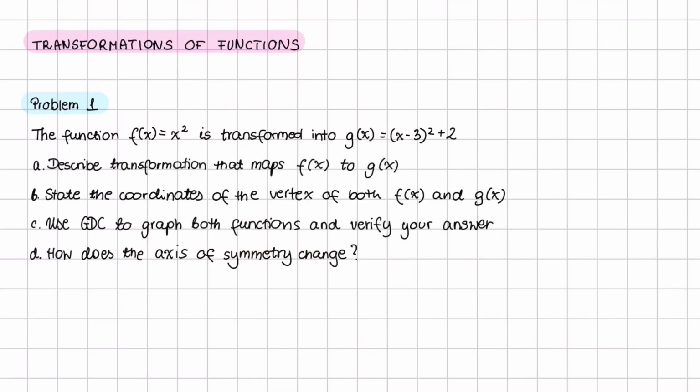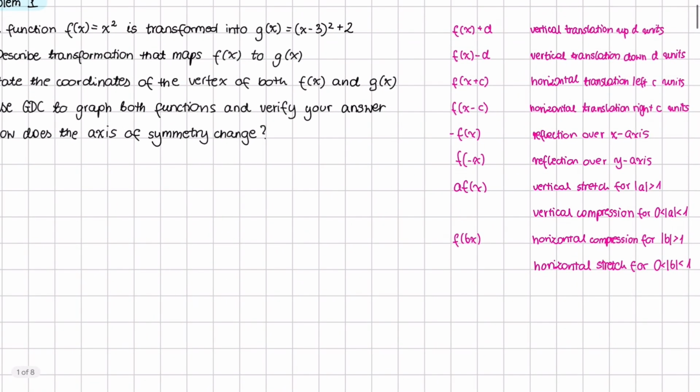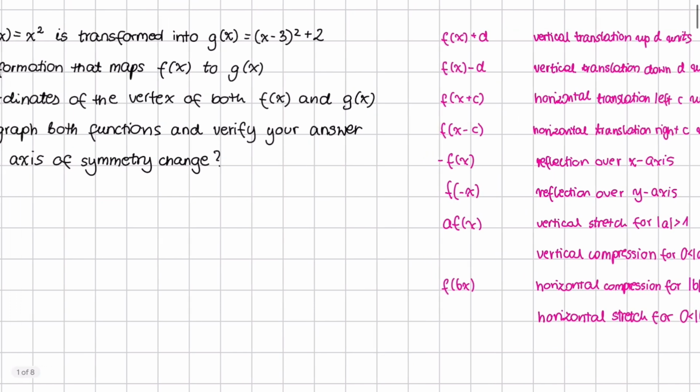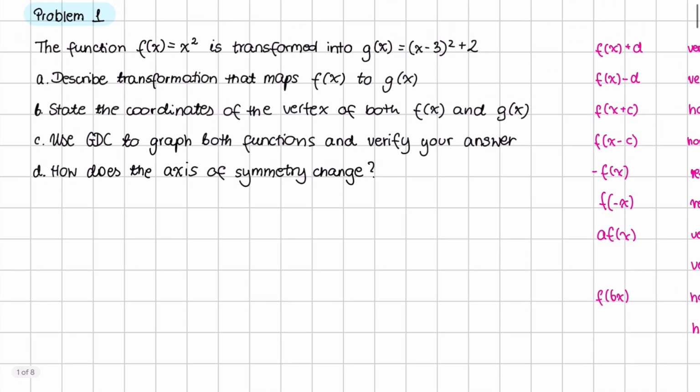The function f equals x squared is transformed into g equals (x minus 3) squared plus 2. A. Describe the transformation that maps f to g. And here you have a small cheat in order to help you with these exercises because sometimes they are a little bit tricky. So, firstly, our point A,